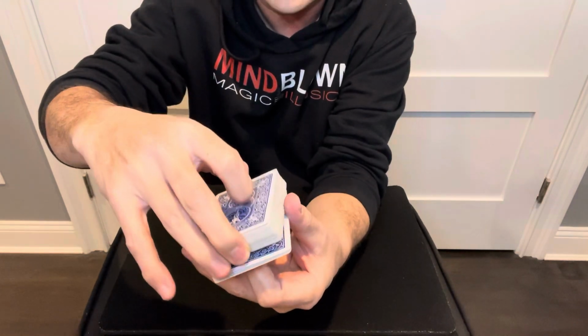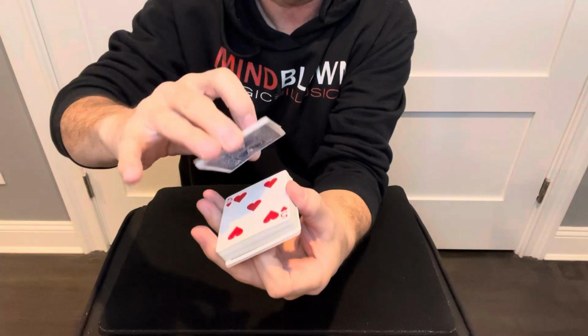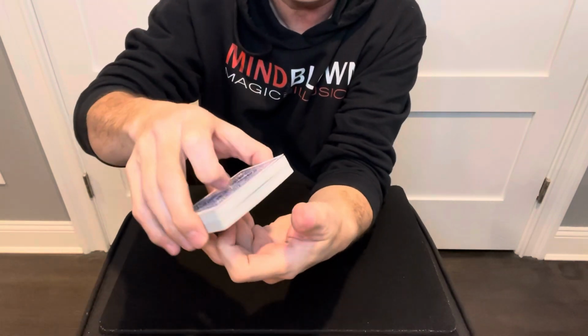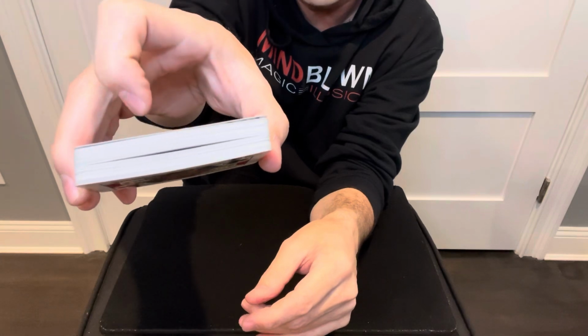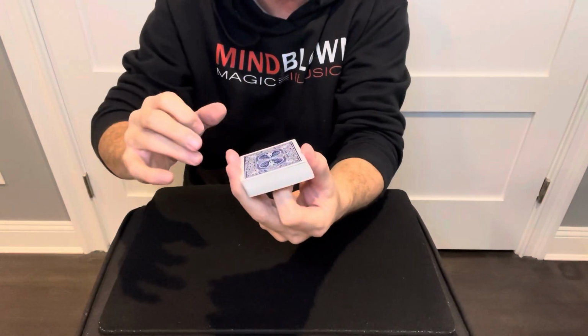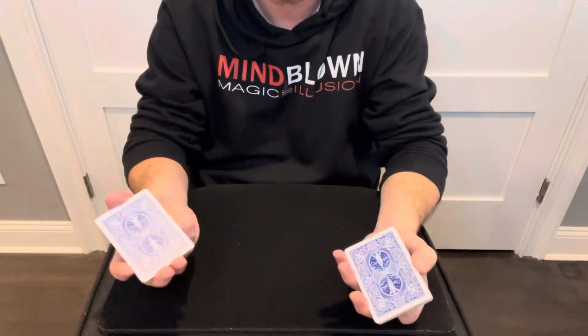Then I'll grab cards in the top half. I'll say, there are some cards that are face down. And there are some cards that are back to back. And as I say that, I'm just going to look for that little split. It's very easy to see here because I bowed the cards. They naturally split themselves. So from the front, you can't see that. But from the side, I can easily grab my thumb there, and I'll say, some cards are even back to